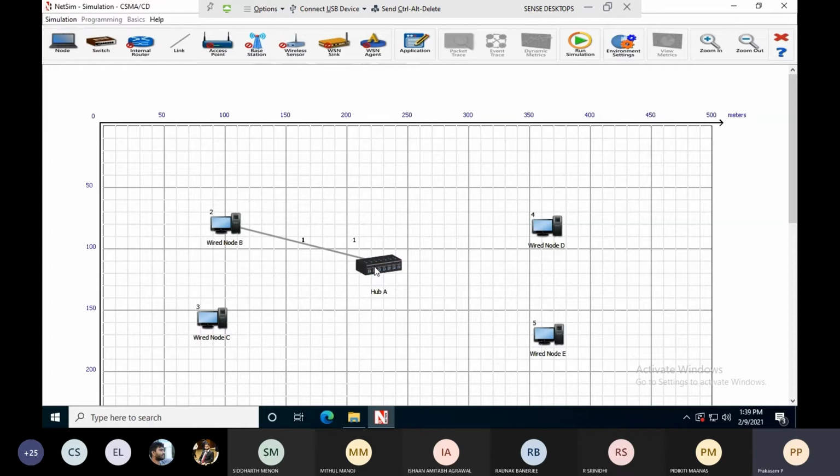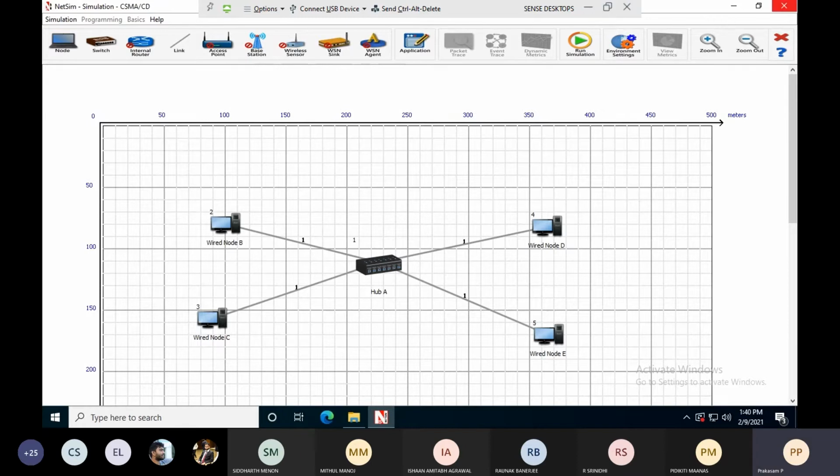Then click wired node C, click hub A. Then click wired node D, click hub. Click wired node E, click hub. So now escape. I have created the scenario with 4 nodes with the central device as the hub.